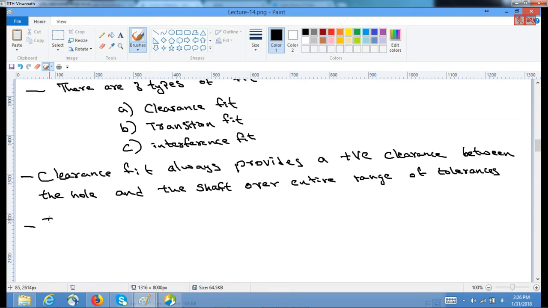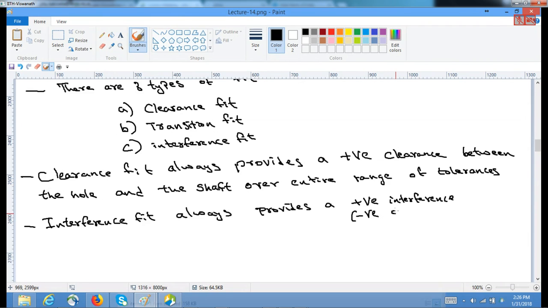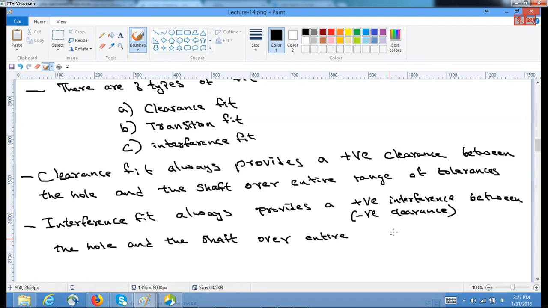while interference fit always provides a negative clearance, or we can say a positive interference, which is as good as saying a negative clearance, because clearance and interference are kind of opposite to each other, between the hole and the shaft over the entire range of tolerances,